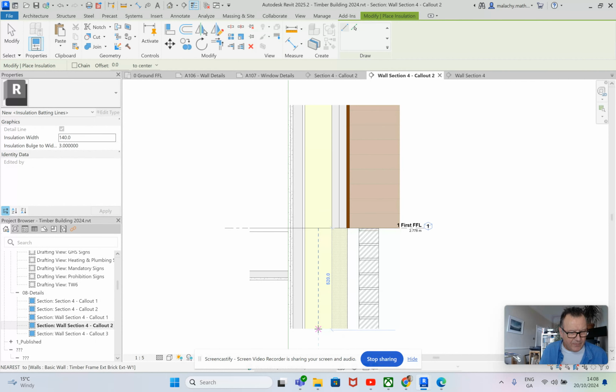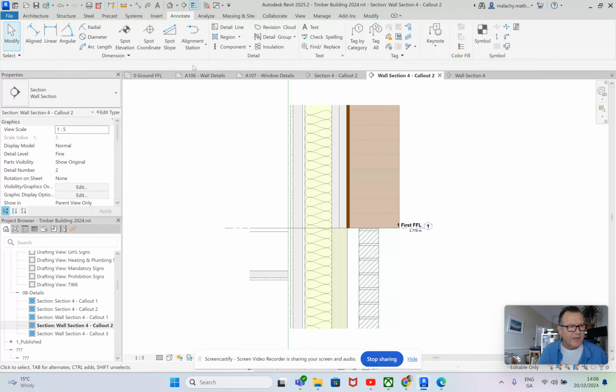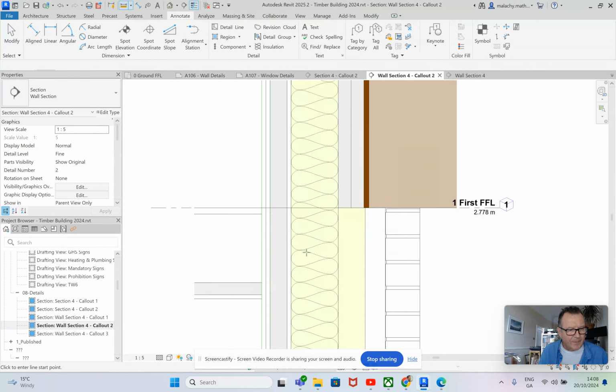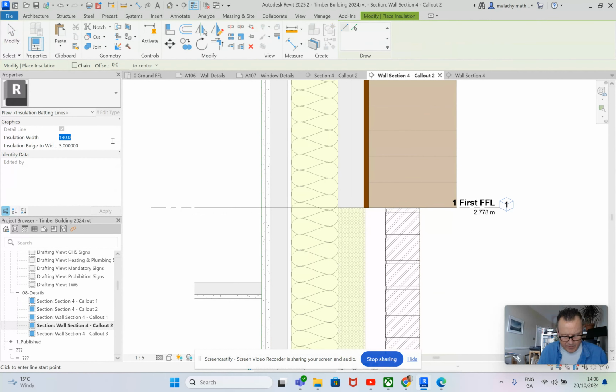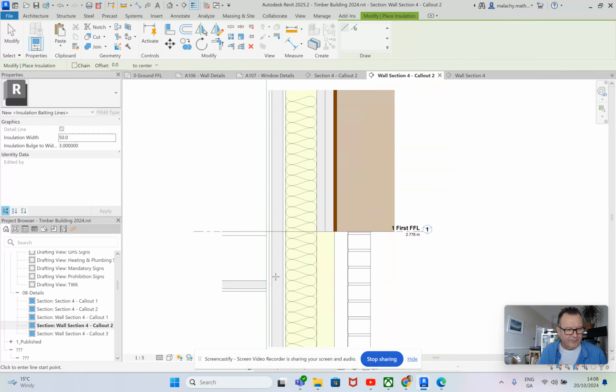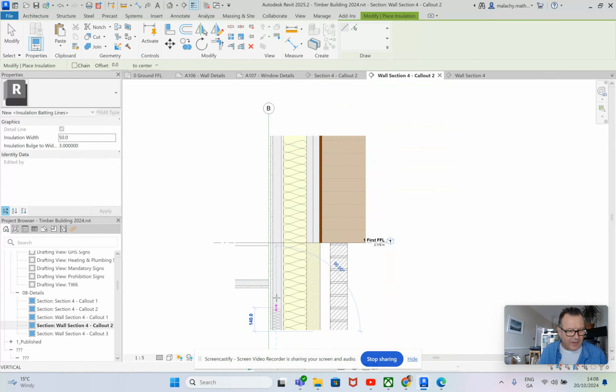There it is there. We'll find the center here, and we'll drag that up here. I'm going to do another one, which is going to be this distance here. It's a 50. Okay, so we do that insulation, and we'll come across, put in 50 there, and we take that from the center point way up here,